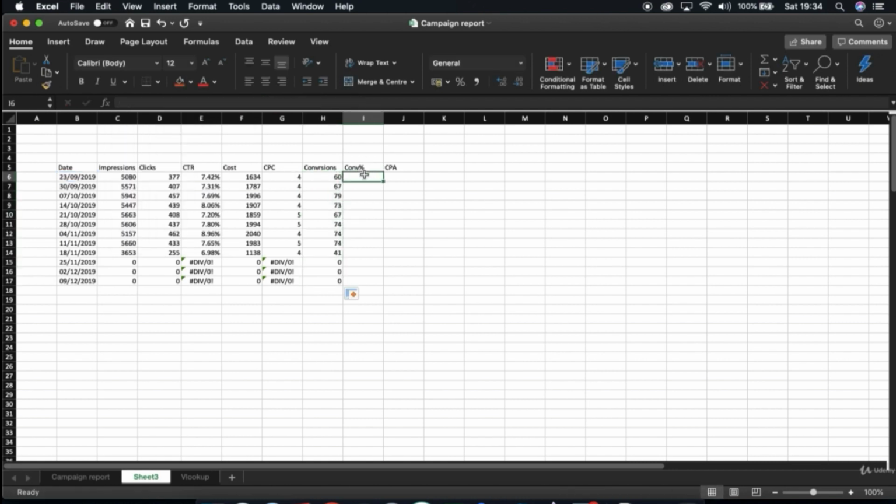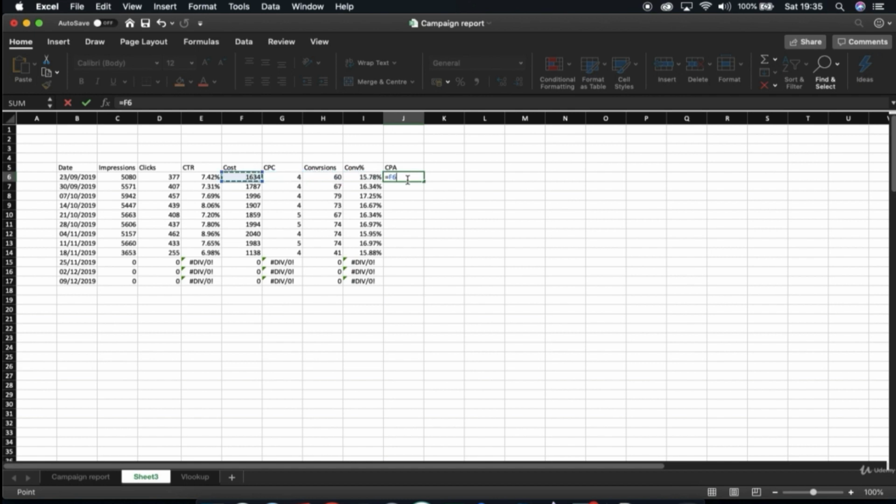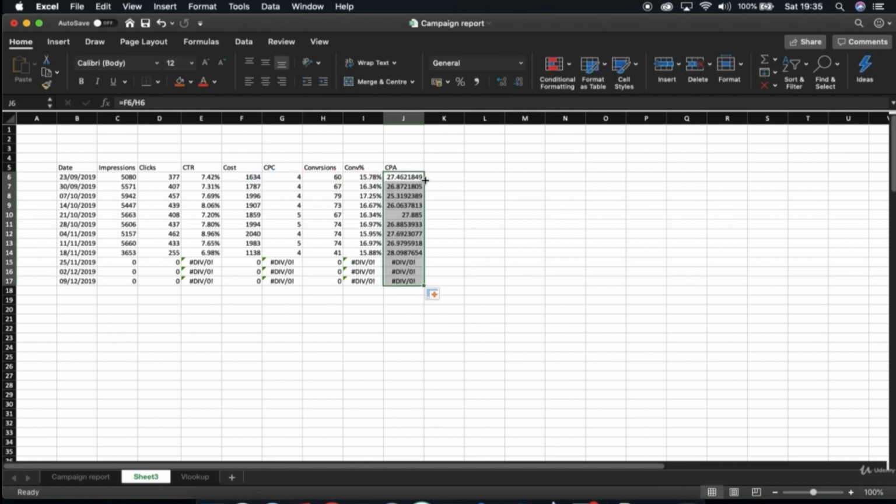And again, your conversion rate and your cost per conversion is a formula that you can calculate. Conversions divided by your clicks is your conversion rate. And then your cost per conversion is your cost divided by your conversions. Perfect. So now you've got your data broken down by week